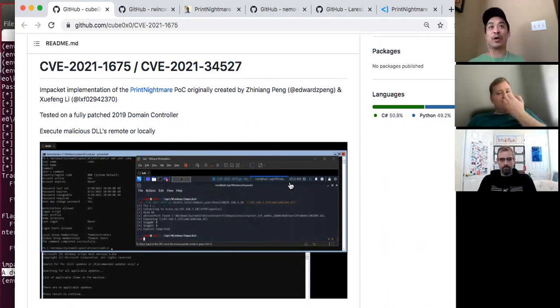So now I want to get into this discussion in terms of, is it correct to categorize it as a remote code execution? I have a lot of issues with it being called that. If they called it authenticated remote code execution, I would have been perfectly happy with that. I would have no complaints if they said